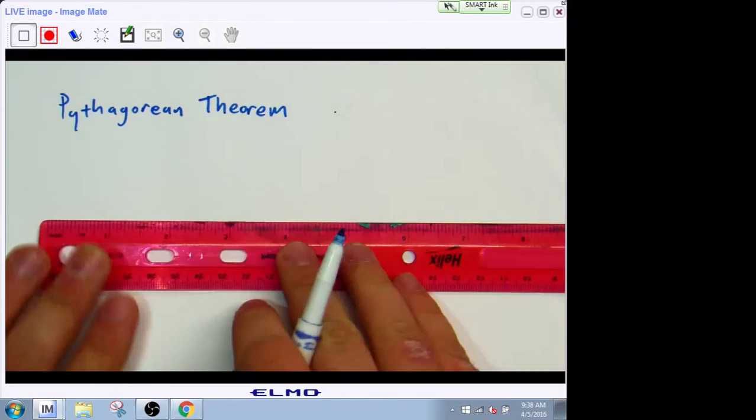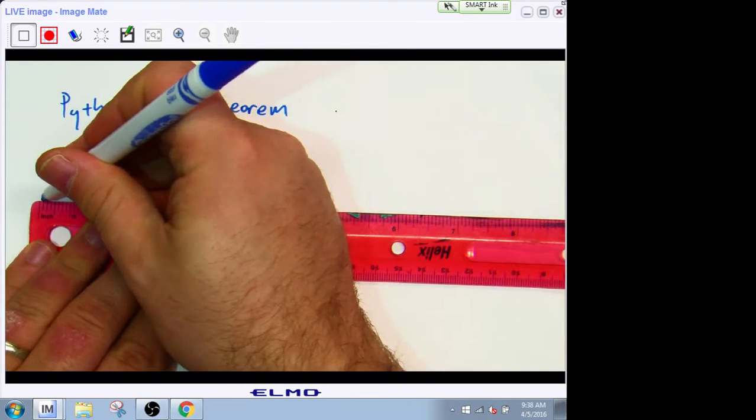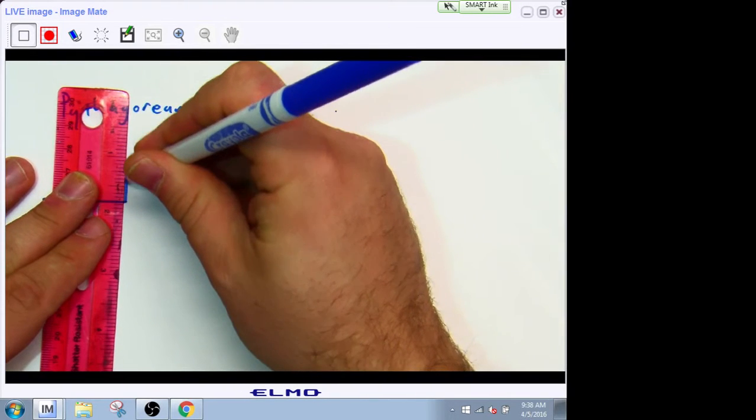The Pythagorean theorem is pretty simple. All that it states is that if we have a right triangle,